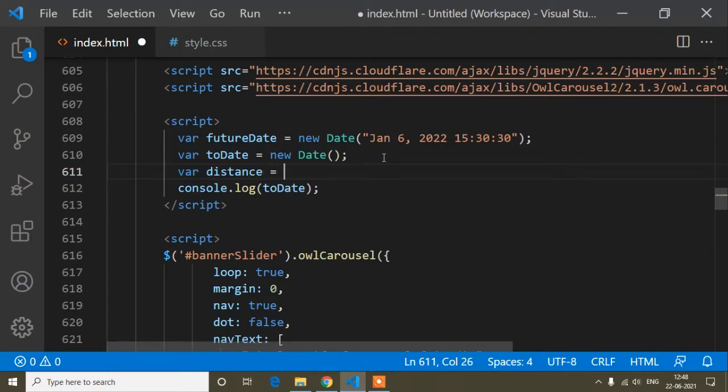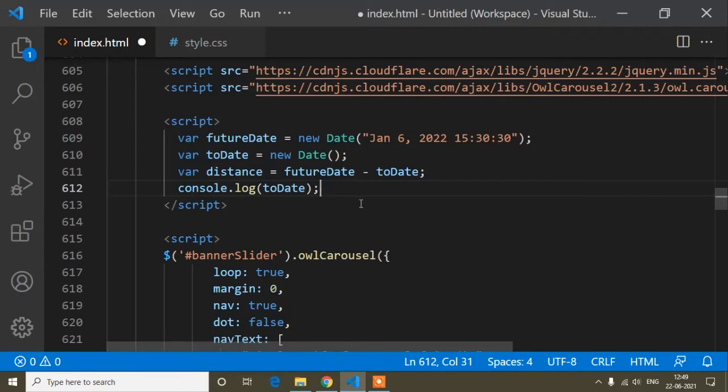Inside this distance variable we can subtract today's date from the future date. That means I will get the remaining days, I mean how many days remain before this offer expires. I hope you understand, so I don't need to explain this one.